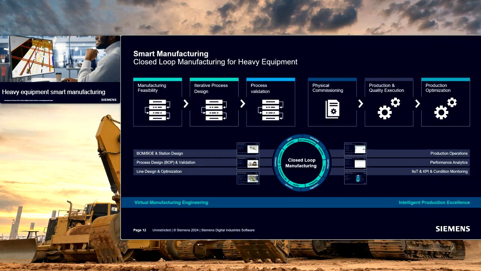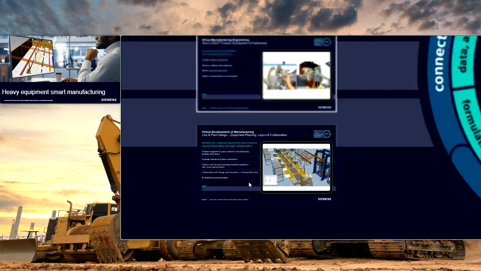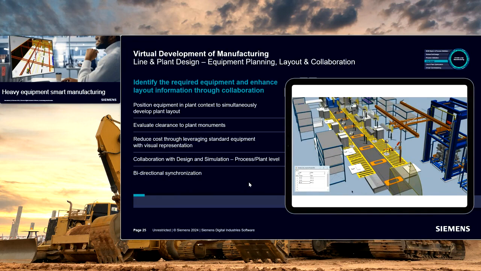Let's get into line design. Now we looked at a station design, and how can we now leverage that by building these stations next to each other in a sequential fashion, like here, which basically looks at the entire build of how the line is going to be for the entire chassis.